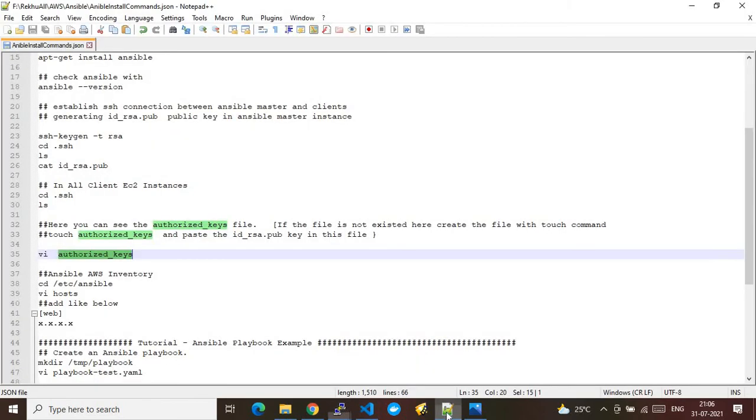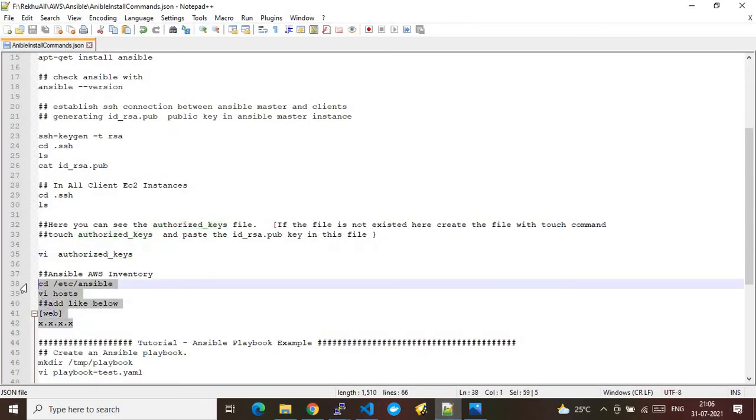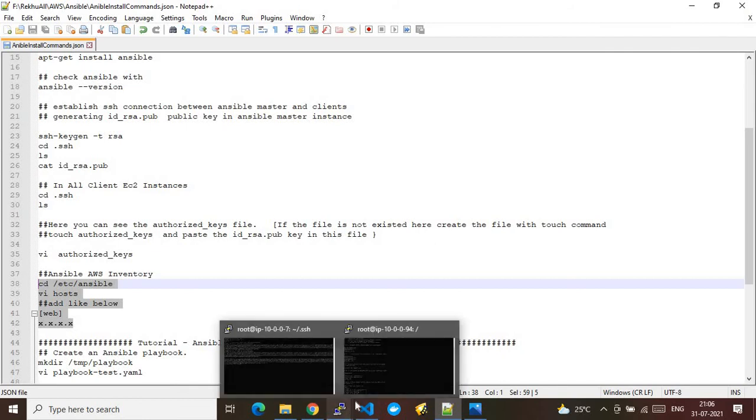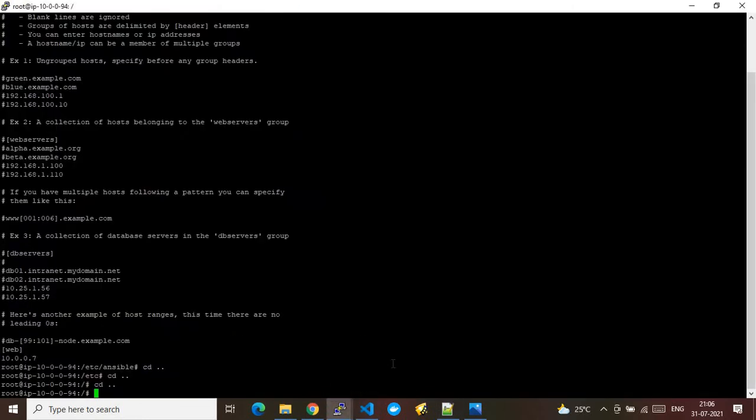After that, as part of our next task, on the Ansible master node we did a cd to the Ansible folder, and then a VI to hosts, and under that we added this entry. After this we are done with the configuration. Next we need to check whether all the configuration went successfully or not.